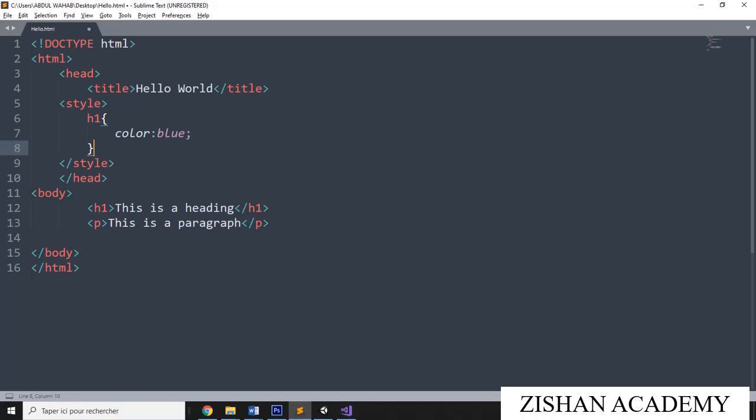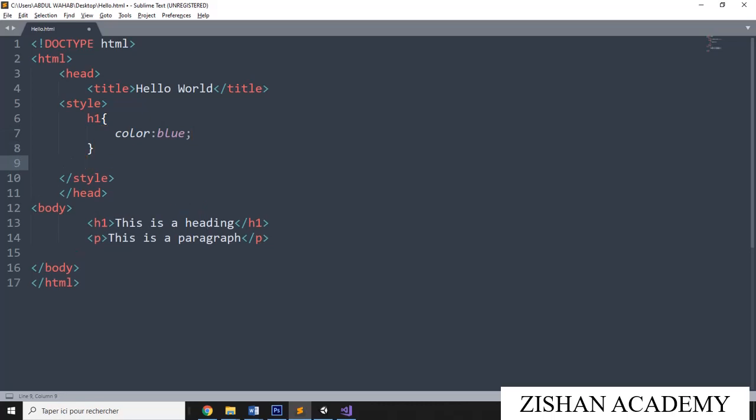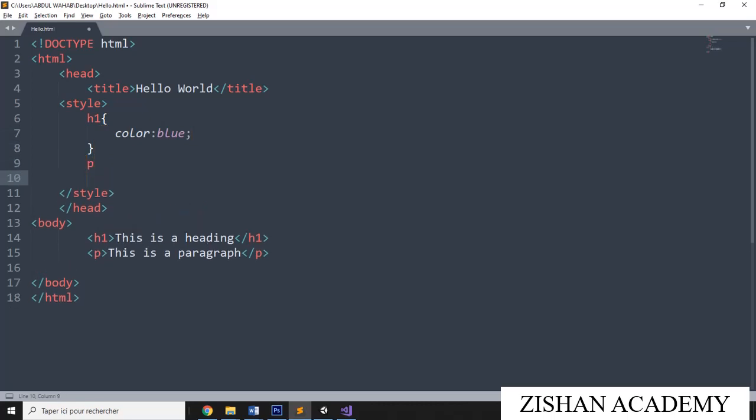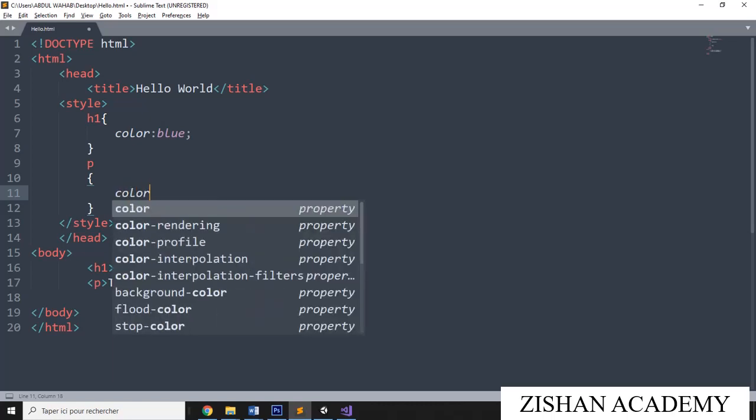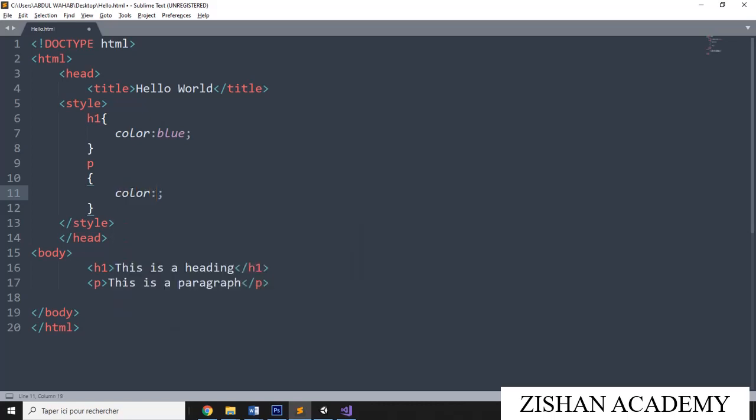After that semicolon has to be there. Now I will give for paragraph. Open with curly braces. Then you can give some color for this one. I am giving red color here now. Save the file.